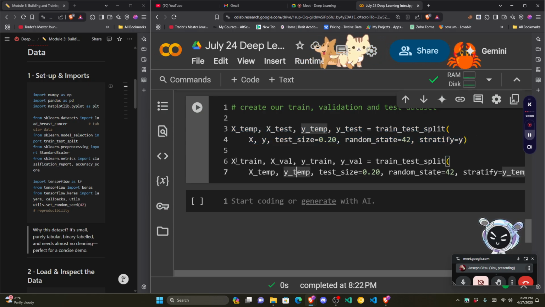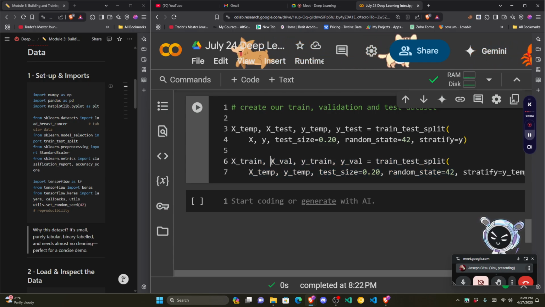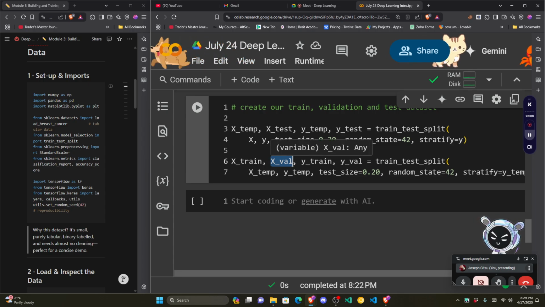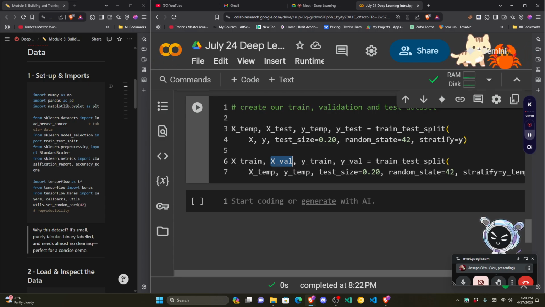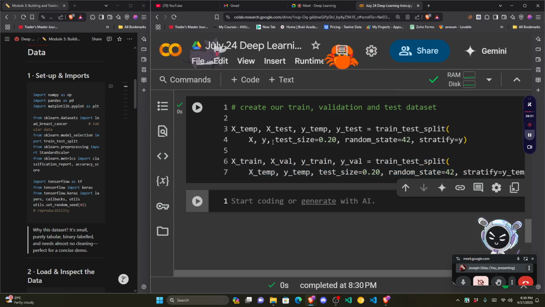But since we are creating a deep learning model, we can specify if this data can have a validation data set. So we have the creation of the train and test data set, and then we've got the split of the train data set into training and validation data. So I'll run this,